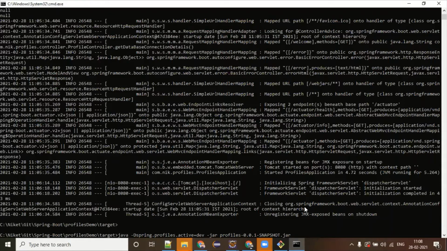When I say real time, after running this application, if I want to change again to active production, do you see it is possible? No. You have to shut down your application and again run the jar file with the active profile equal to production or whatever you want.